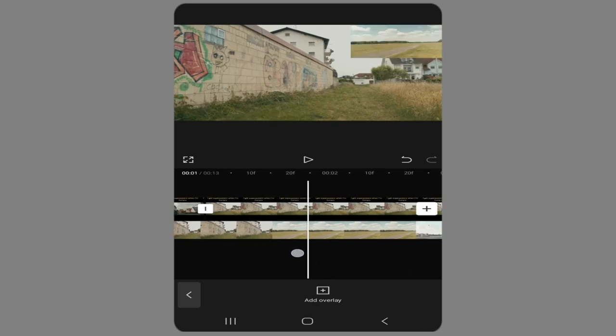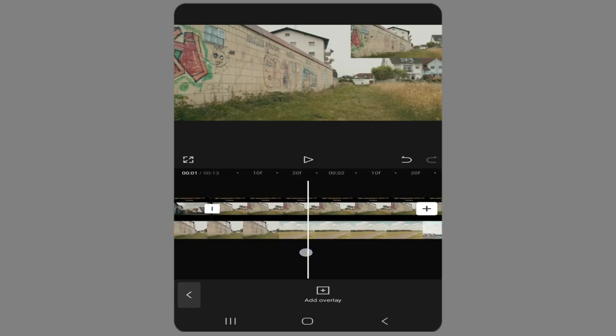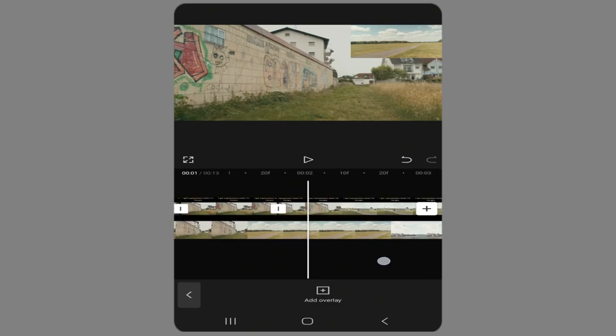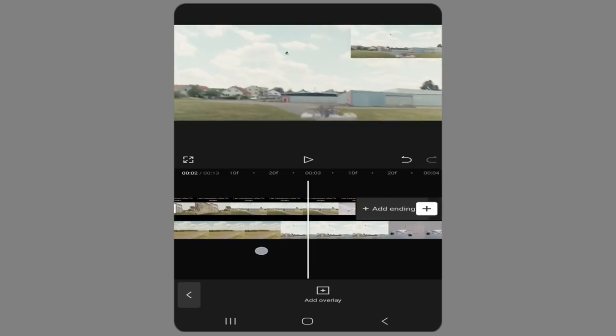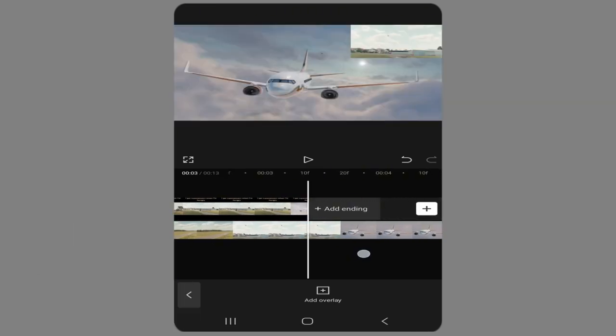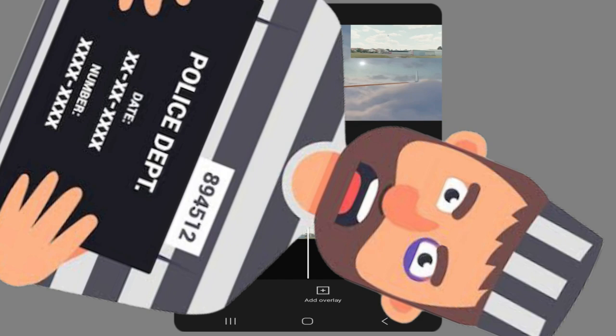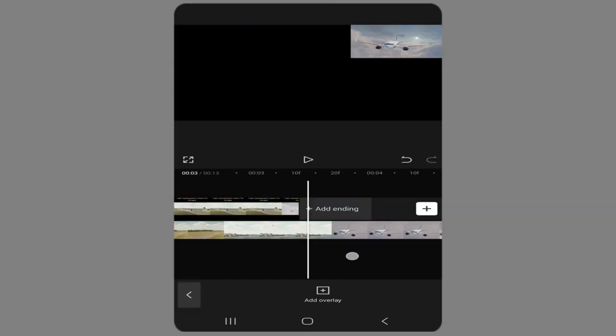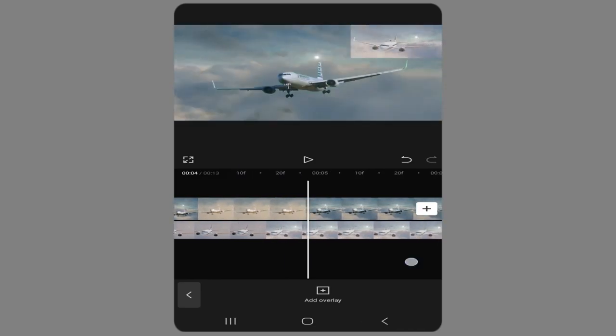Then do the same thing for the second, move to when the scene changes again to the third scene, then hit split and delete everything after that. The third one should sort itself out because, as you guys can remember, we stole this from the original video. I'm going to keep repeating this so you guys know that we are thieves if you want to make this video. Alright, so after that third video, now you can go ahead and add in the airplane video,